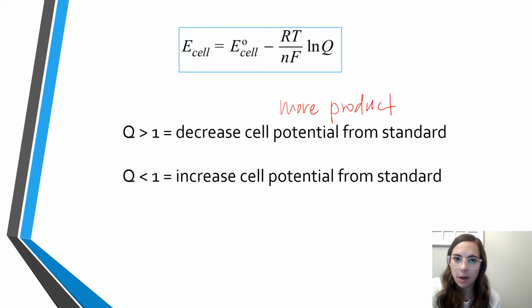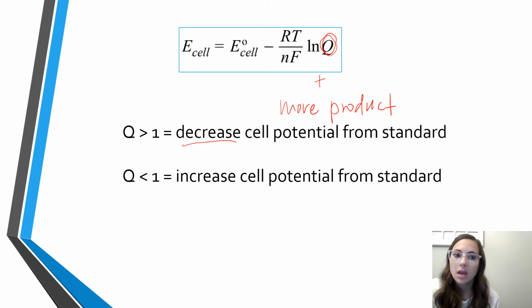If that number is above 1, then the natural log of it is going to be a positive number, okay? So if we take the cell potential and subtract a positive number, the cell potential is going to go down,